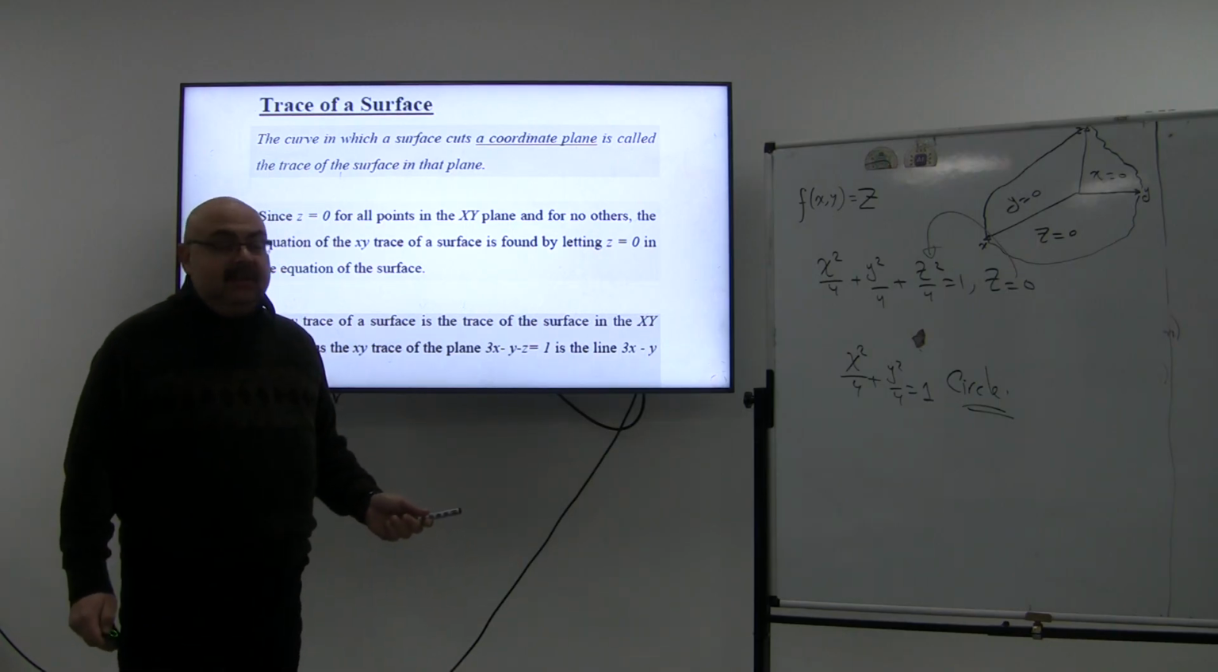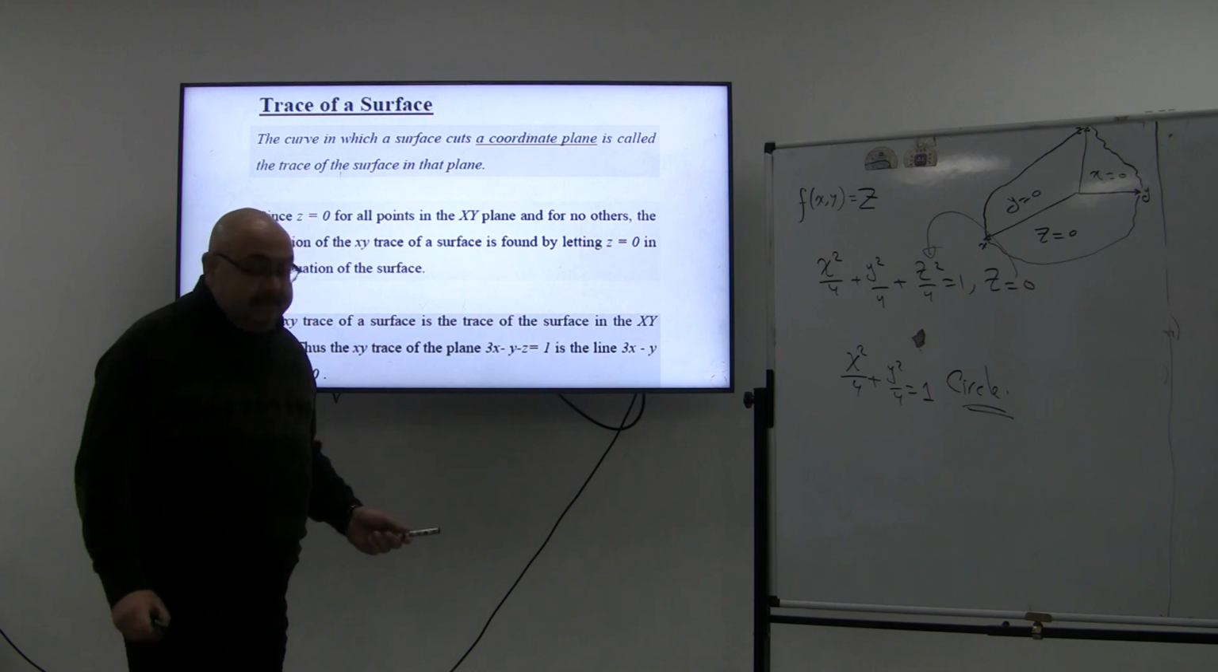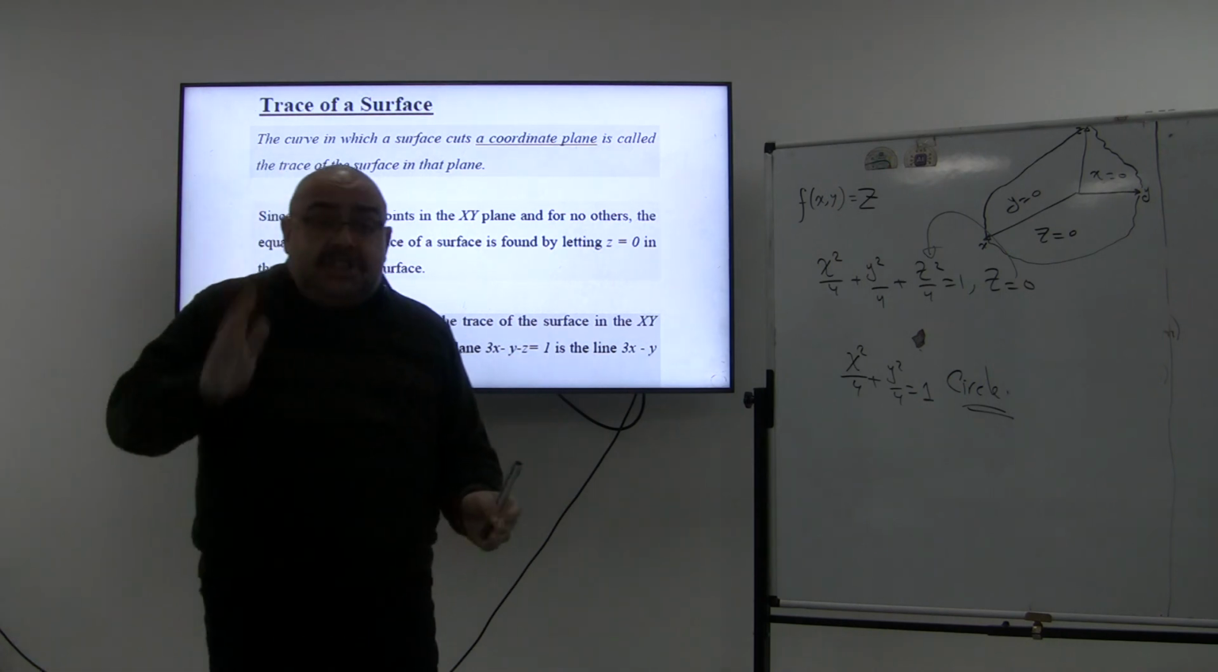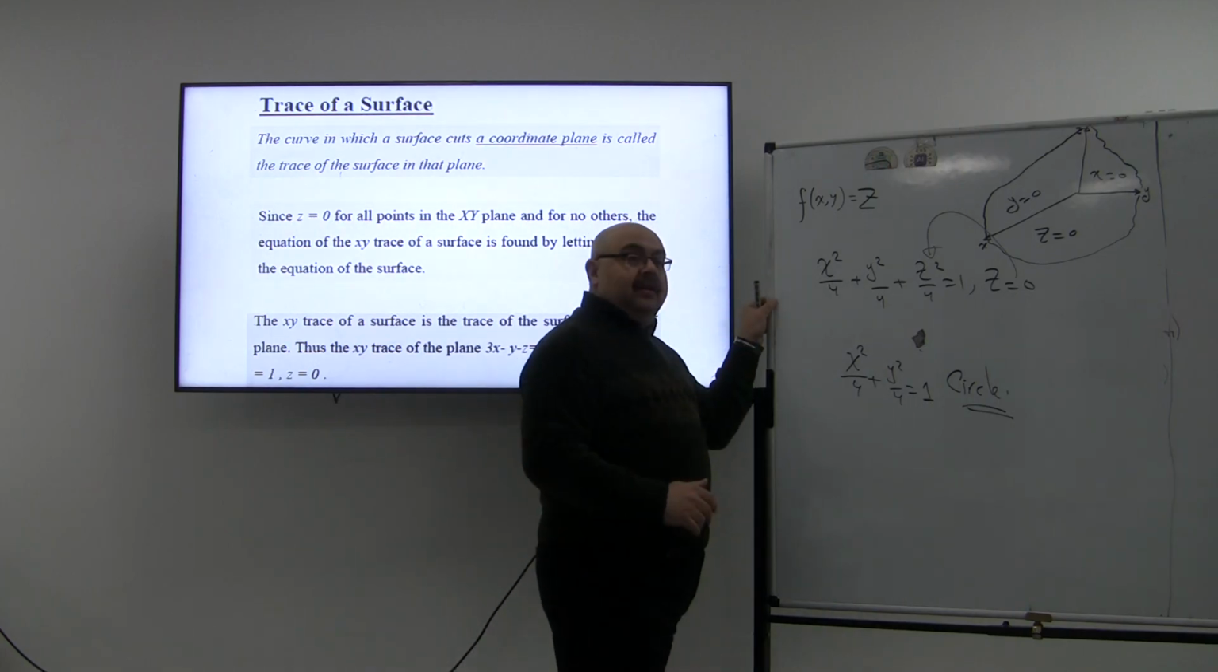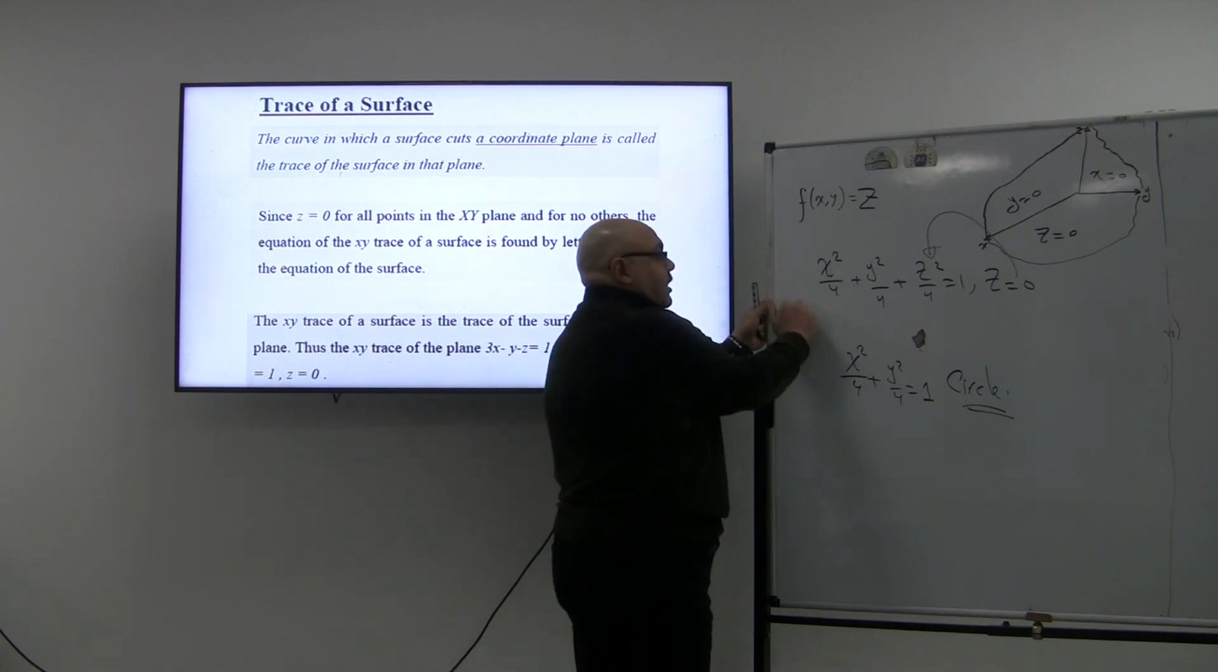And it makes sense. If I have a plane, the plane is like a sheet. The plane is like a surface like this one. So if I have a plane like the surface